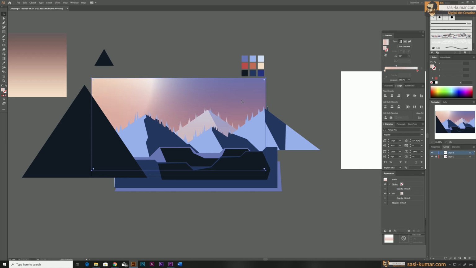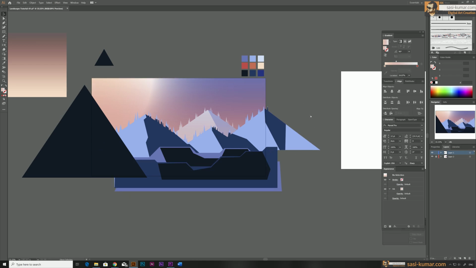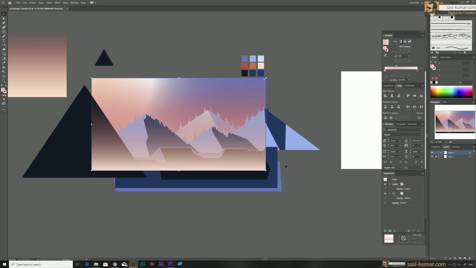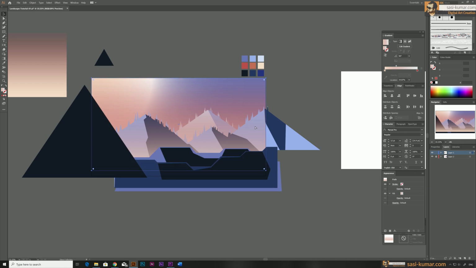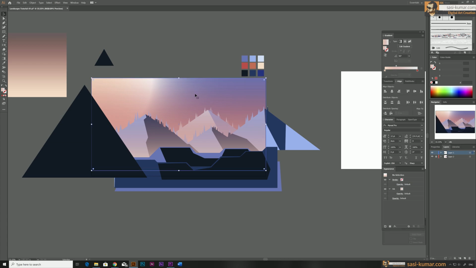Okay, so one more Control C and Control Shift V will place on top. Now I'm going to place on top of this mountain here. Let's bring it behind, and this time also let's bring it almost to the mountain range, maybe somewhere around here, not too much, maybe here, and this one let's make it like 70. Alright,